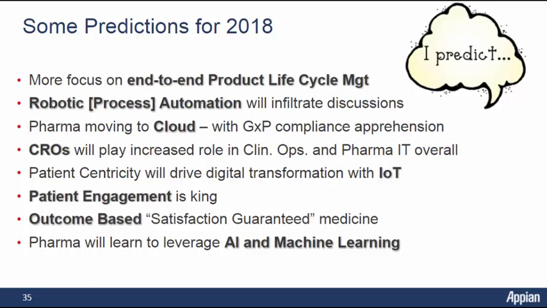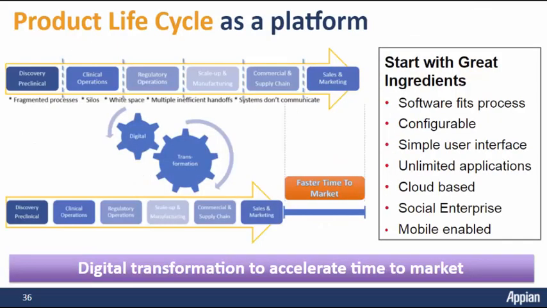And then, of course, pharma will certainly leverage AI and machine learning as we move into this future. It's all driving towards working to simplify the drug life cycle and commercialization process and getting this benefit from faster time to market, leveraging digital transformation and platforms that allow you to actually connect things better so that you can pass information more smoothly to the right people at the right time, get decisions, and drive to shrink the timeline overall, reduce cost,